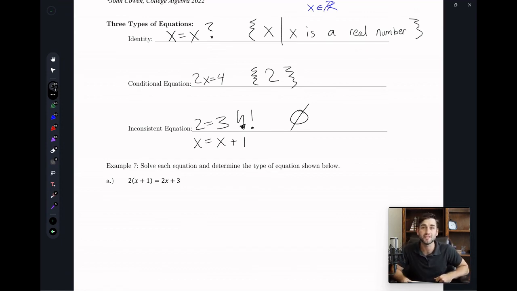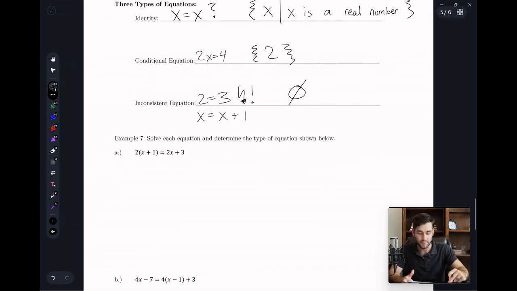And that's called the null set or the empty set or the set of no sets. It's not a set. It is the opposite of a set. It's just no elements, no things in that set. That means there's no possible things that can solve that question.